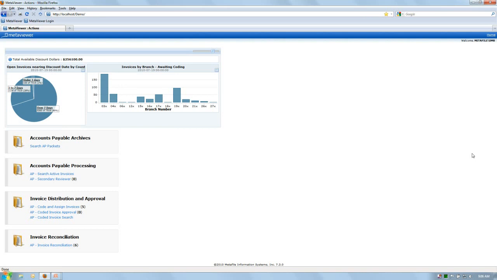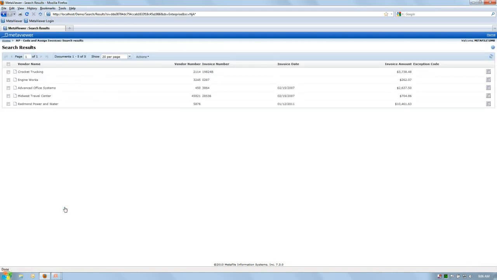For example, if I'm in my home screen within MetaViewer, I can see different queries and searches and tools and things that I use to do my job. And as an example, I can see this AP code and assign invoices query, for example, with a little 5 after it. That tells me, without even opening it up, that I've got 5 invoices awaiting my approval and coding. So if I simply click on that, it shows me the list view of all those invoices,